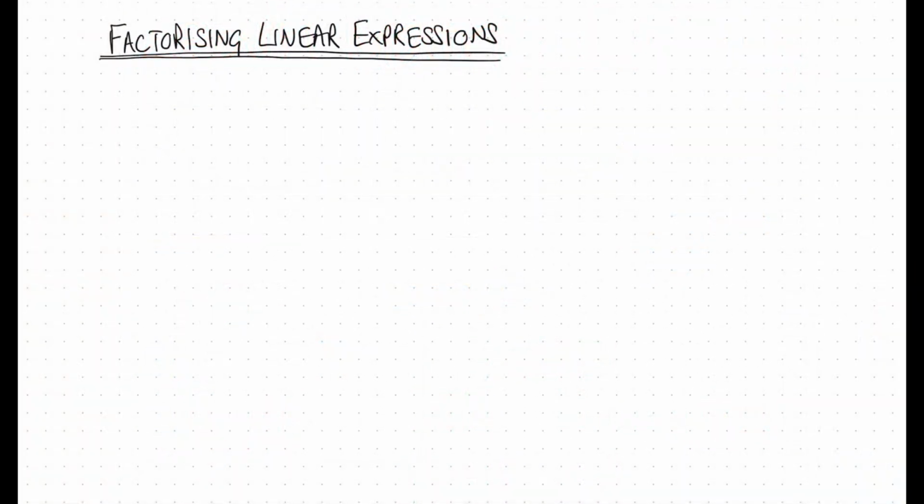In this session, we're going to be factorising linear expressions. Now, we need to look at the word factorising and try to understand what that actually means. Factorising has the word factor in it. As a little recap from previous sessions, factor means two numbers that times together or multiply together to make something else. So, for example, if you've got 3 times by 4 equals 12, your two factors are 3